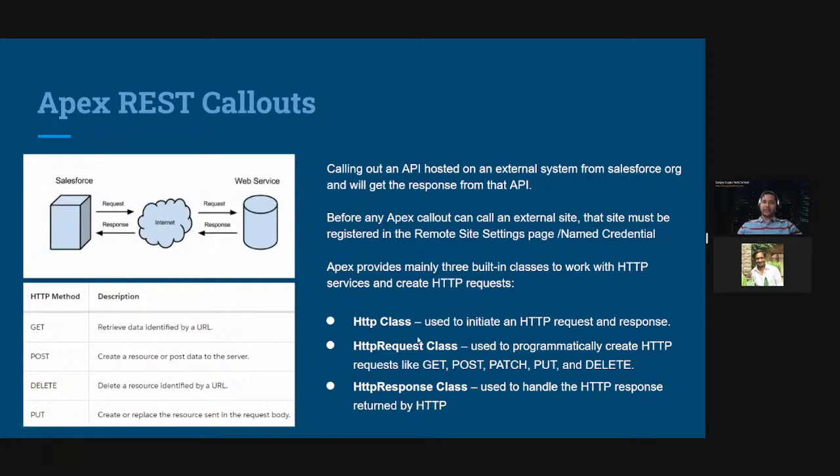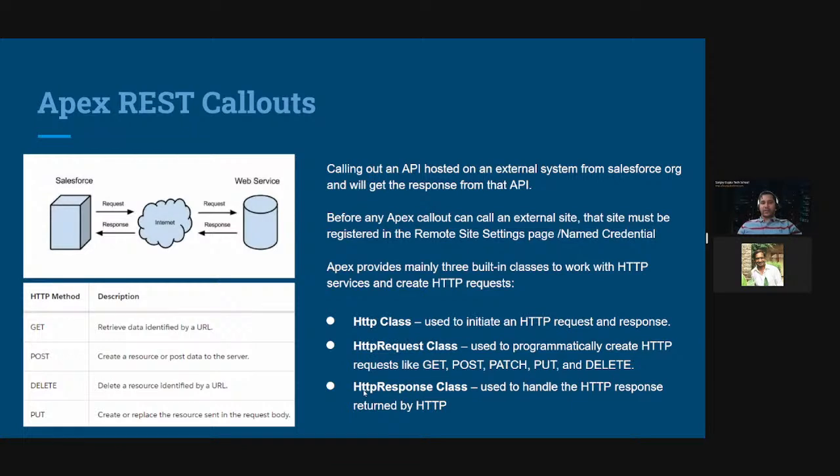Another thing that we do have to set according to the integration requirement is the different headers. For example, most integrations specifically need to set the content type, or they need to set additional headers. Then we have to set all those headers with the help of this request class.